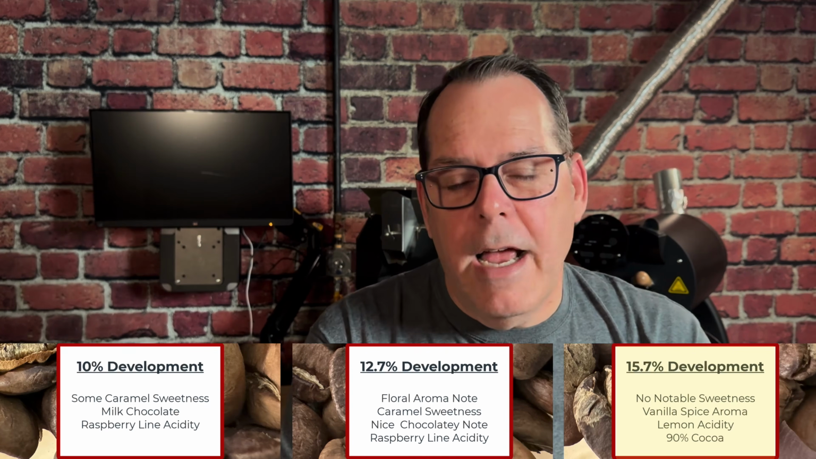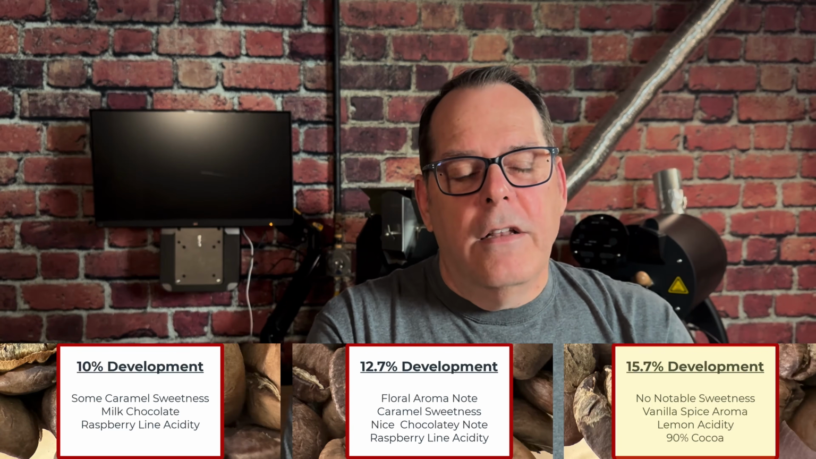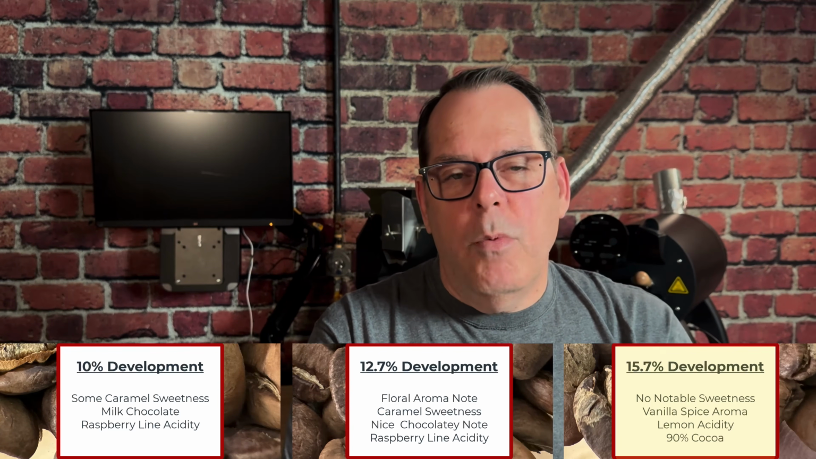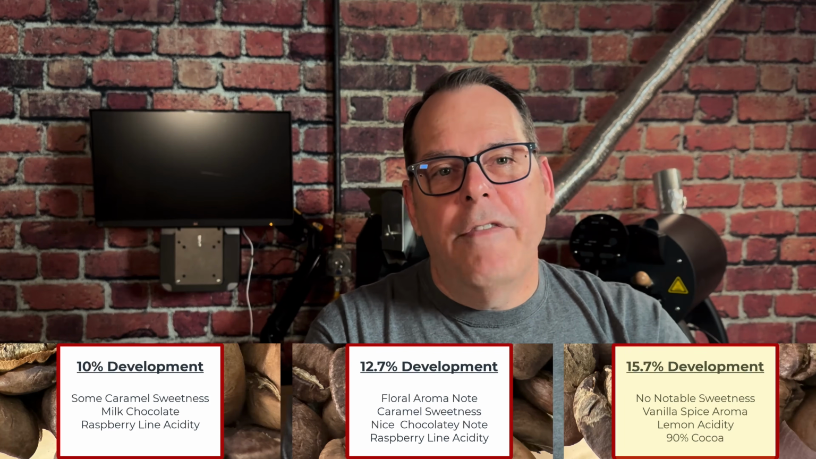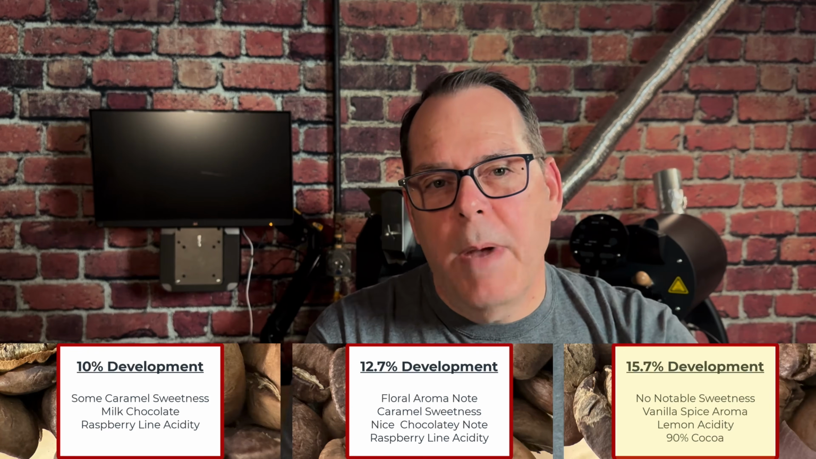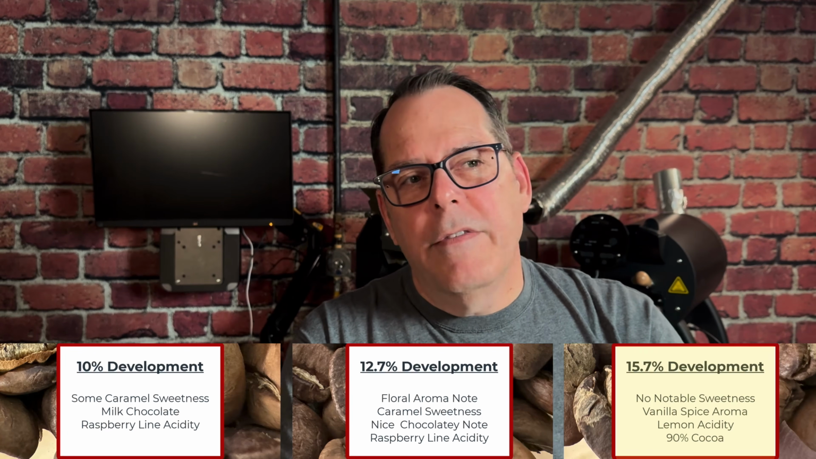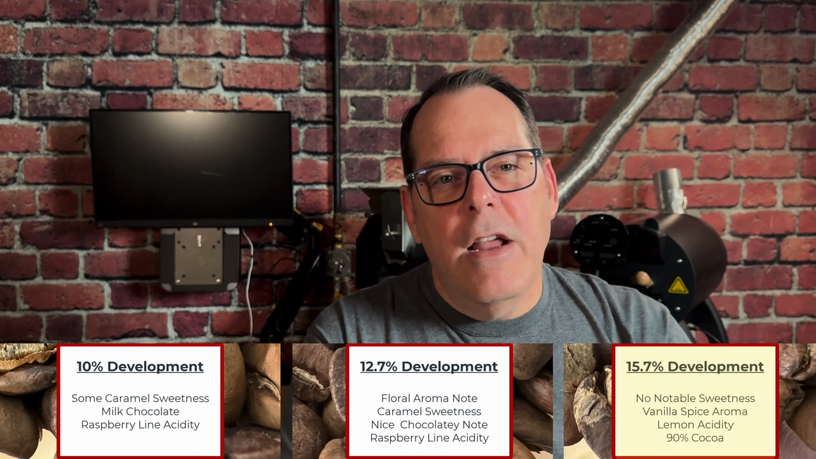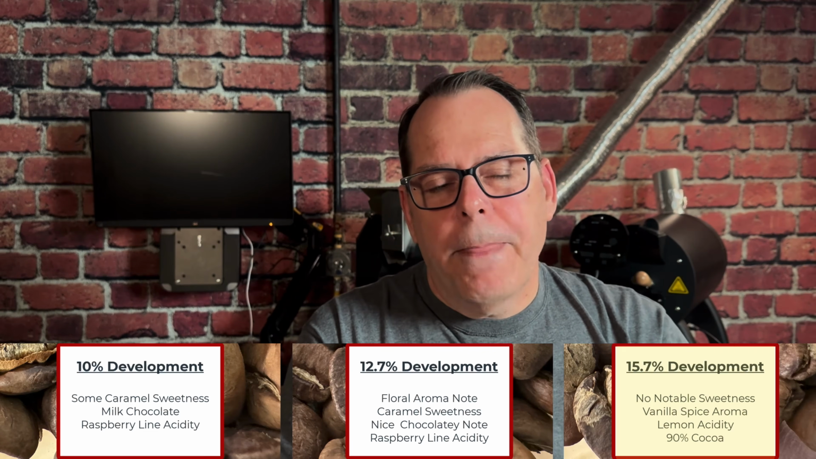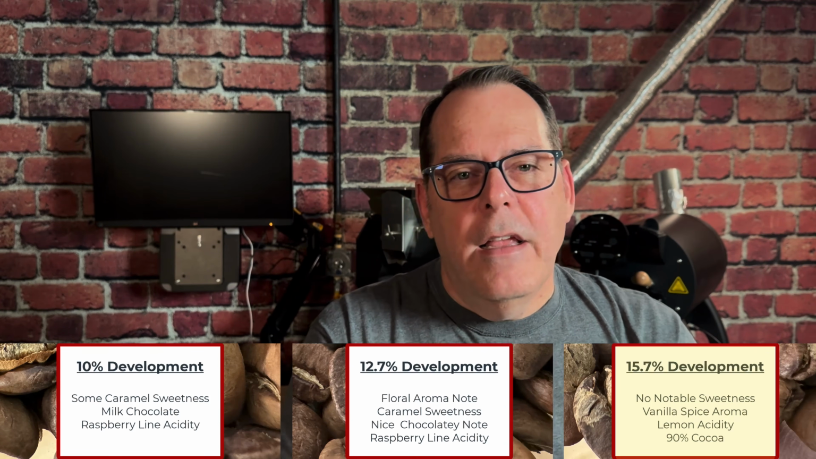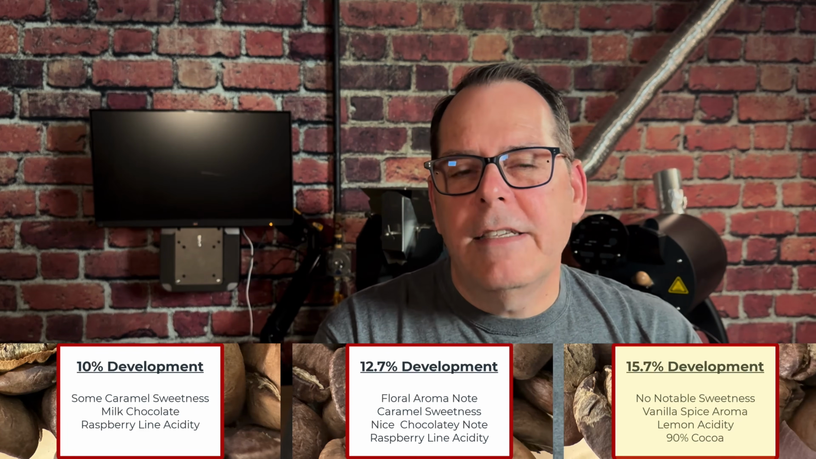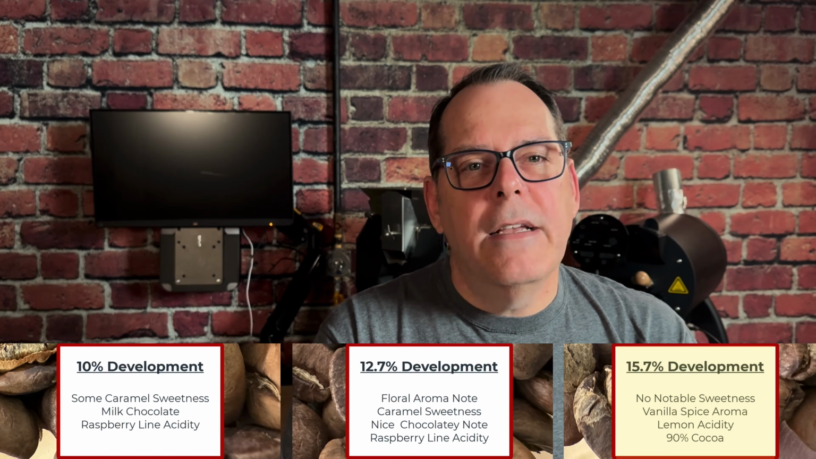But then when we got to the darker of the three, the 13.5% moisture loss, the 15.7% development time, this coffee did not have the sweetness that the middle roast had. It did not have the floral aroma. It had a little bit of a spicy aroma. There was a little bit of a vanilla in the aroma, but it had kind of a spice note in it. And then when I tasted it, I got a little bit of an acidic note, kind of like a lemon acidity,